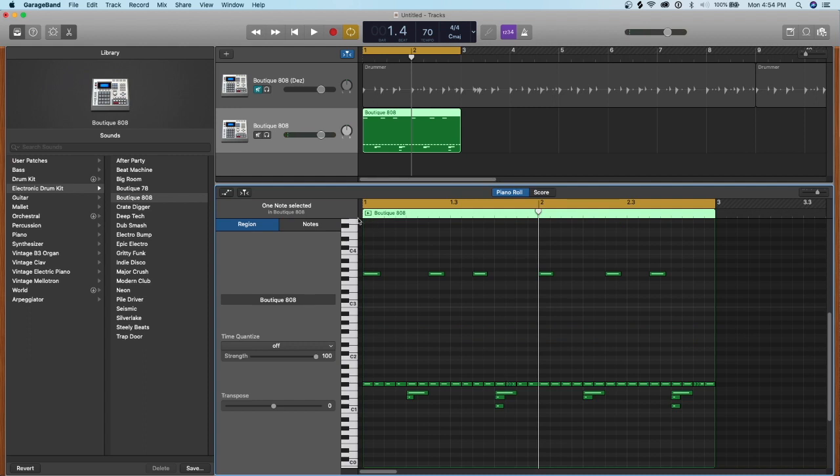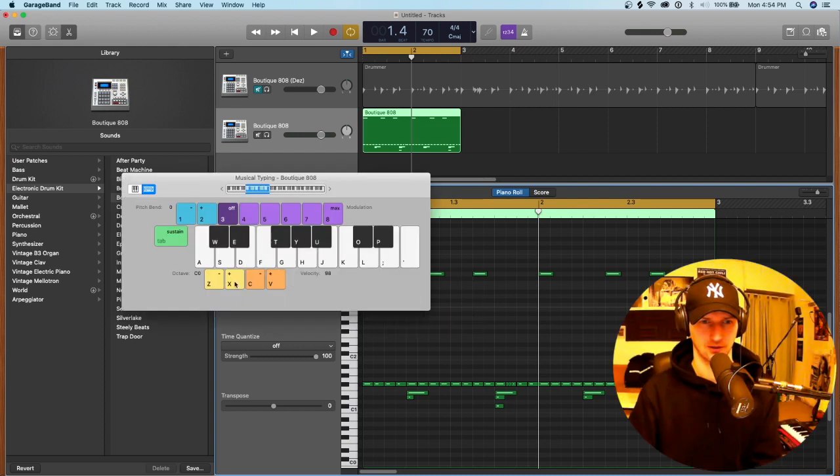Let's also look for some type of open hi-hat that we can use. So let's open up musical typing by pressing Command K, and I'm going to search for an open hat. So something like this. You can also add some shakers if you want to, or a crash at the beginning of the beat. But let's add these hats first, where I'm thinking is